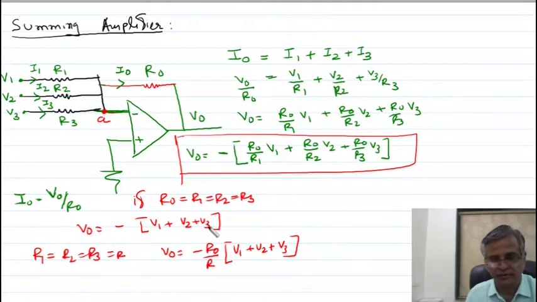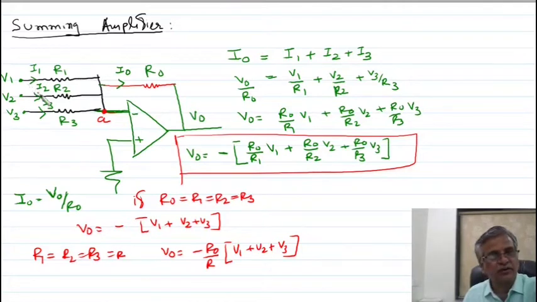So in a summing amplifier, the output is the sum of the input voltages. I think you understand. Lastly, I repeated an important sentence: in a summing amplifier, the output is a sum of the input voltages. The summing amplifier is used to solve linear equations in an analog computer circuit.